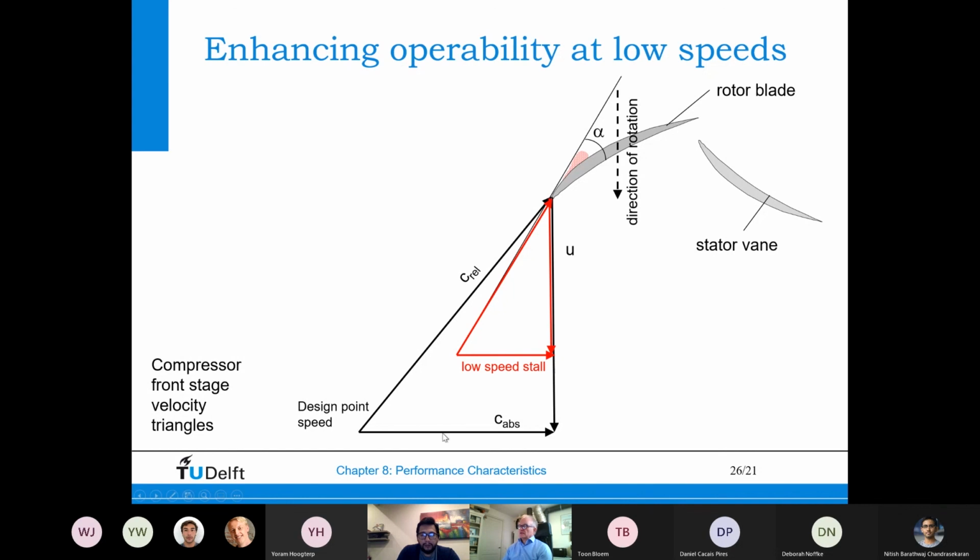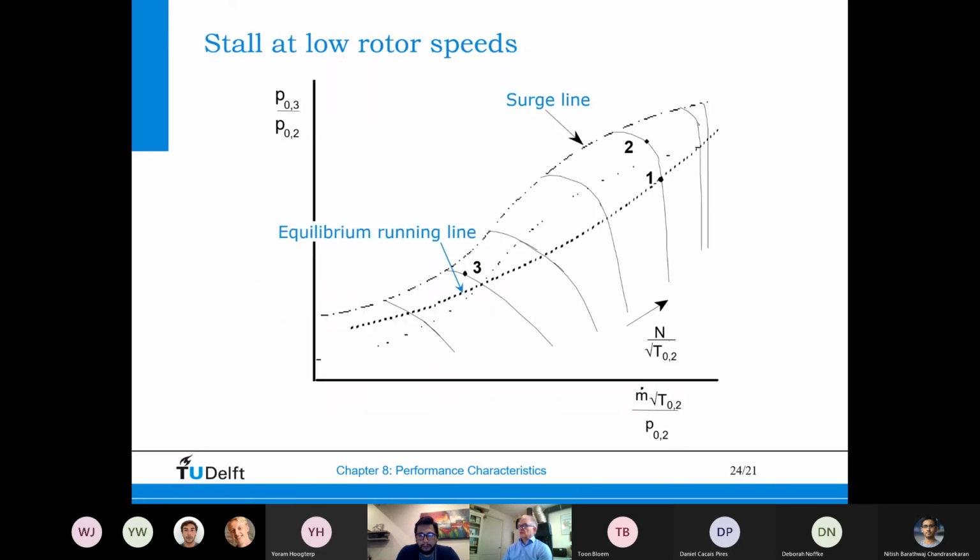This is the absolute velocity in the axial direction. This is the rotor, this is the direction of rotation, and this is the relative velocity relative to the blade, which determines the incidence angle, the angle of attack of the blade. So if this angle becomes too large, we get stall. Now, if we go to a low rotor speed and low pressure ratio operating point, which is actually here on